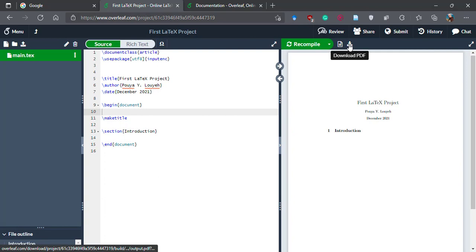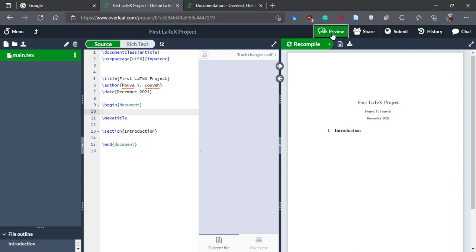And here you can just click on this and download the PDF that you are seeing here. Other stuff here, you can have your chat history, submit to a journal or whatever. So normally you're not going to use it. You can share the document though with someone else, like your supervisor or your student. And the review is for the